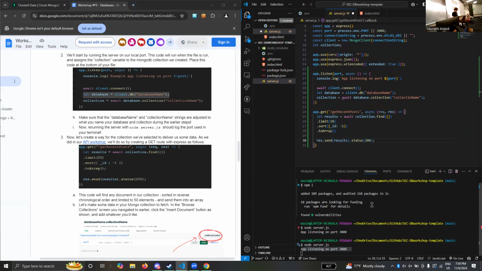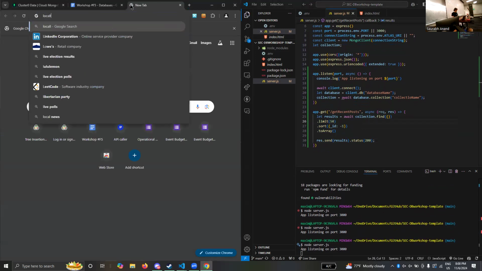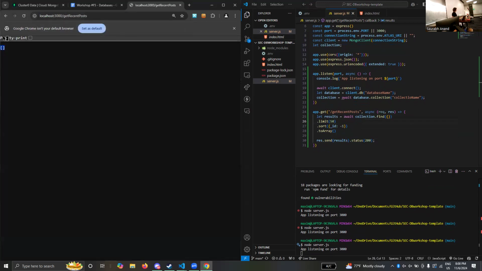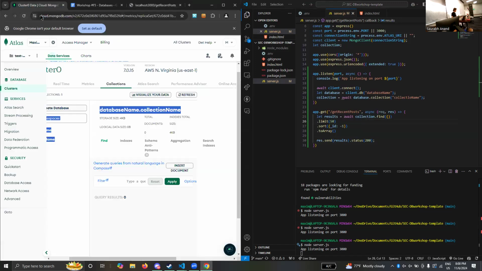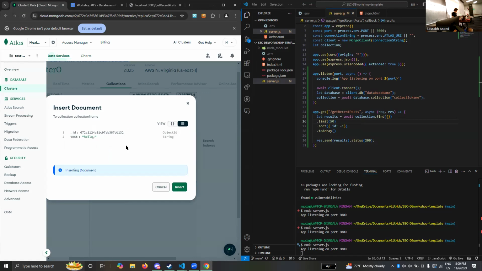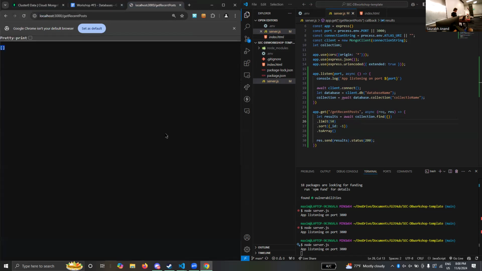So now if we save this and we relaunch our server, if we go to localhost 3000 /get recent posts, we see an array. It's empty because we haven't put anything into our database, but you can see that it's actually querying our database. And in fact, if we insert a document here, I can say like test hello. If we insert this into our database and then we refresh the server soon, maybe